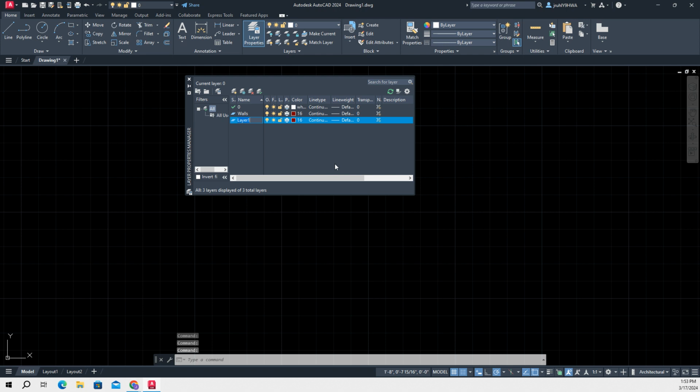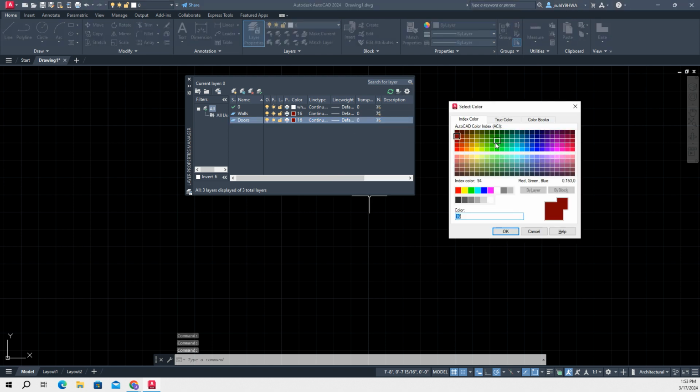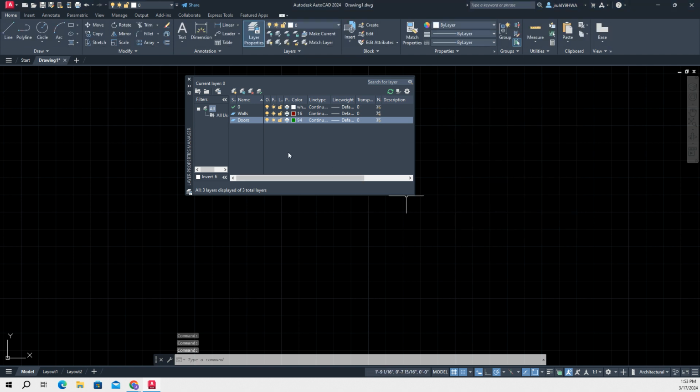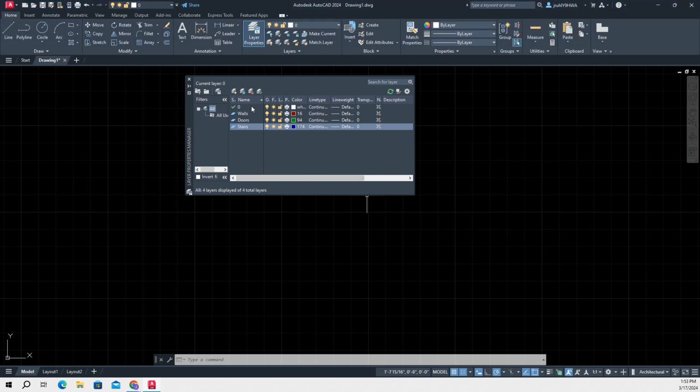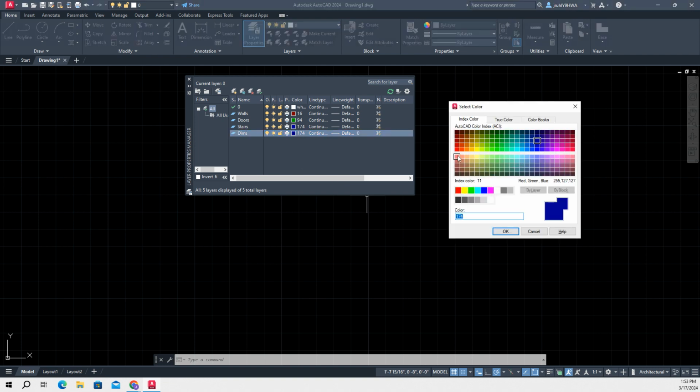I want doors. Green. What else we got? Stairs. We'll make them brown, blue. And then I'm gonna do my dimensions. Just make them, uh,